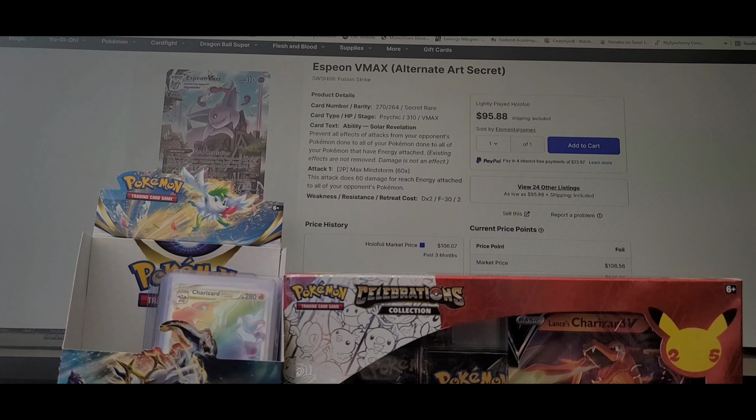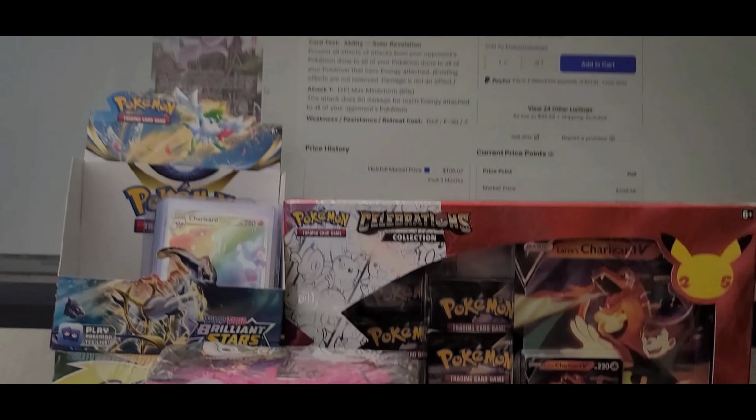I don't think in the future they're going to make more prints or more versions of Espeon, probably for the next year or two. I believe the last decent Espeon we had was from the GX series, because the Evolving Skies Espeon wasn't even this good. It was there, but it wasn't like this. Umbreon was the one that you would want in Evolving Skies. But enough of Evolving Skies. Back to